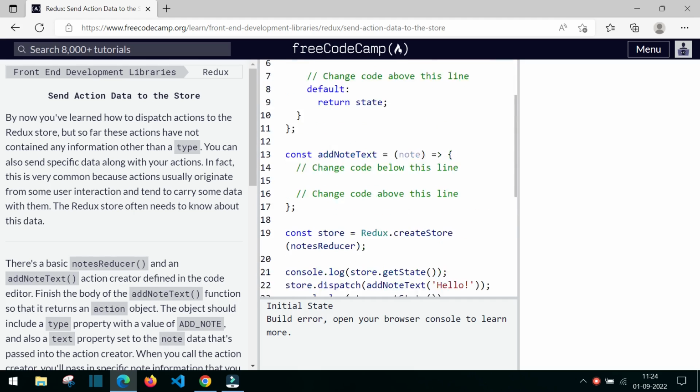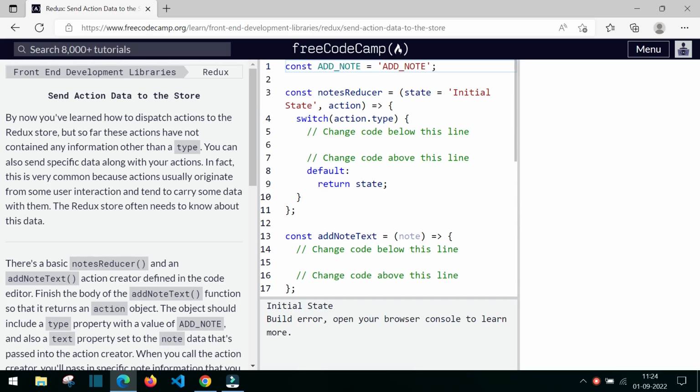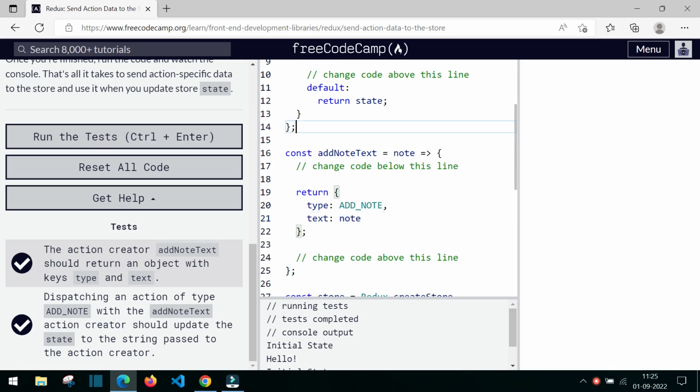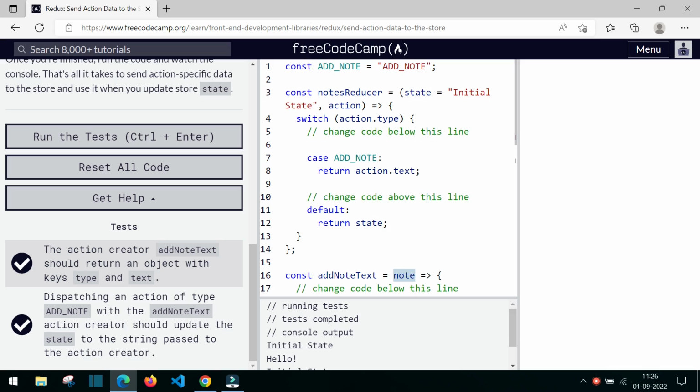So this is very simple. I am going to complete the code and I will explain it to you. So let us see it. Here we have an action creator, which takes note as an argument, and it returns two things. One is the type of add note and the other is the text of the note. And here what we have done is,